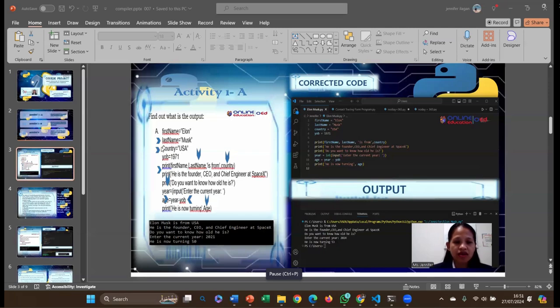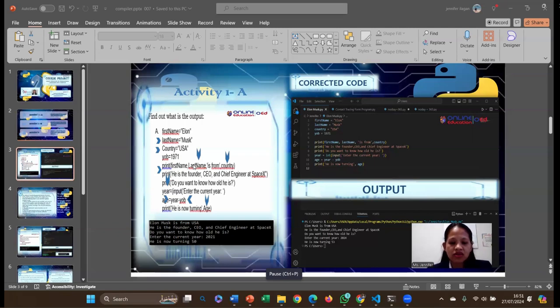Another variable name that we have here is country, and it was inputted with an uppercase instead of a lowercase. And another variable name here, the age, is inputted with a lowercase instead of an uppercase. So the print statement's quote characters are not coordinated, as we can see.